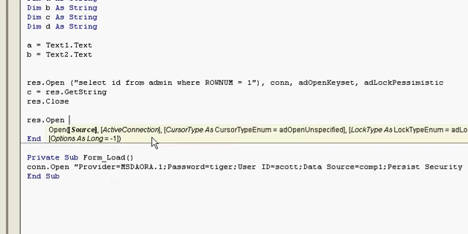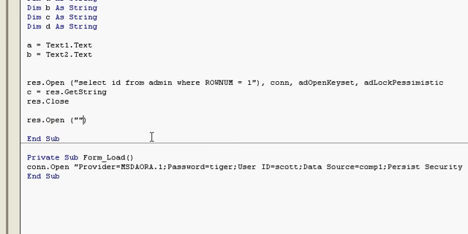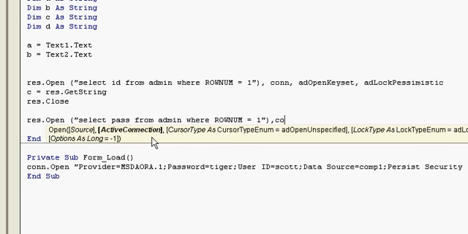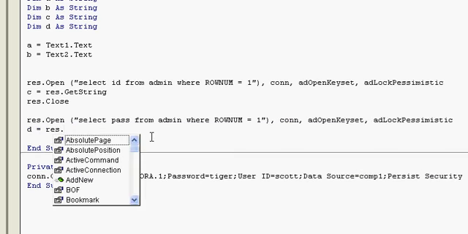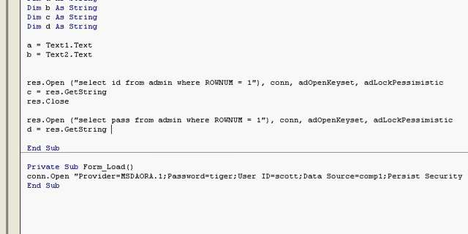So type here record set dot open, select pass from admin where rownum equal to 1, and the connection name con, open keyset, and lock pessimistic. Same, D equal to res dot GetString, and now we will close the connection here.